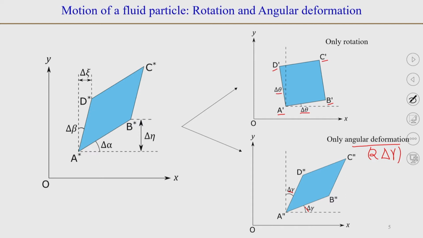Okay. So, these are the two deformations of this element. Now, the total sum, or the combined motion, causes the change delta alpha and delta beta. So, we can write delta alpha and delta beta in terms of delta theta and delta gamma. We see that the rotation of line AB, which changes from its previous location, this dotted line, has rotated by a magnitude delta alpha in the